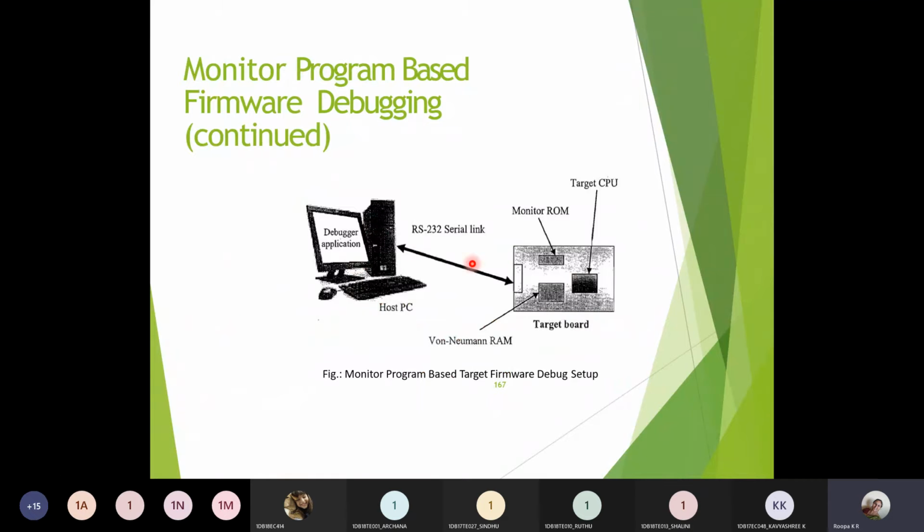See here, this is the debugging application which we have. Here you are going to monitor this particular board using this RS-232. This debugging software is in this. Using this serial link, you can know what is going on within the system that you have developed. You will have a note of the different locations or registers that are accessed and what things are downloaded. Everything can be noted by this debugging application through these serial communication links.